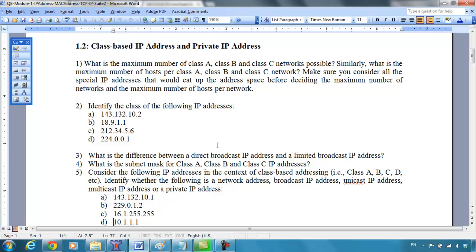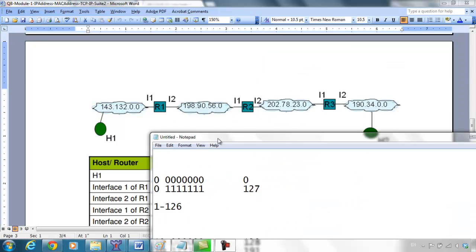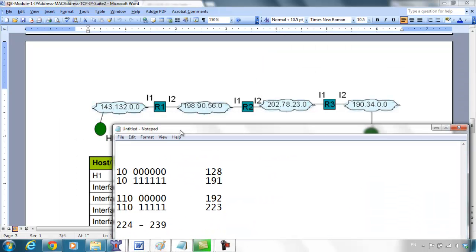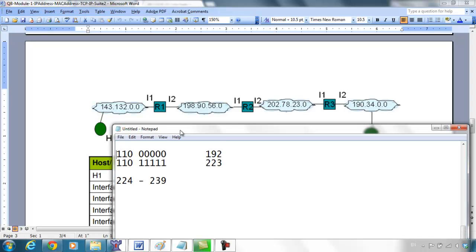So if you want to send, say, from this network to all hosts within a remote network, I can use the broadcast IP address of that network. This is a 190.34 network, so I can use the broadcast IP address 190.34.255.255. It's a class B network, so the 16 bits of the host part have to be ones for a broadcast